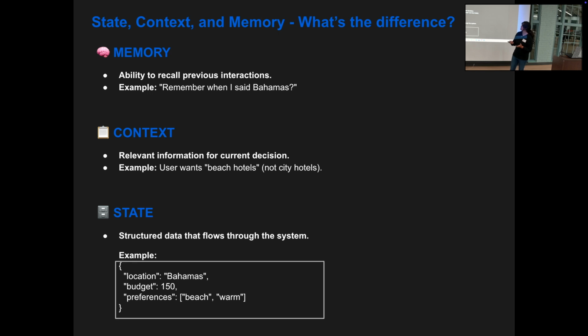So what exactly are state, context, and memory? Let's take a brief look at it. Memory, if you think about it, is like a history book. It contains all the different things that you've talked about. Context is like a chapter: what are you currently talking about? State is an orchestration layer which carries memory as well as the context. So state is what is persistent across the different phases within LangGraph, and LangGraph is able to orchestrate this complete flow and keep everything intact so that the users don't get frustrated and get a complete answer.